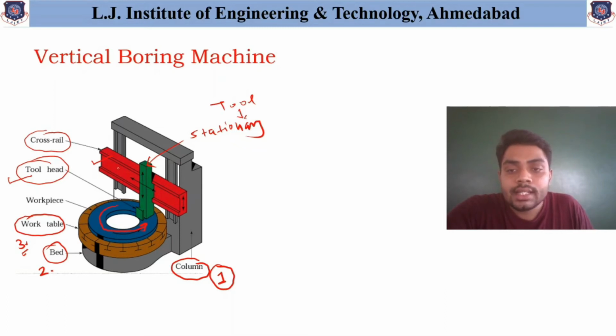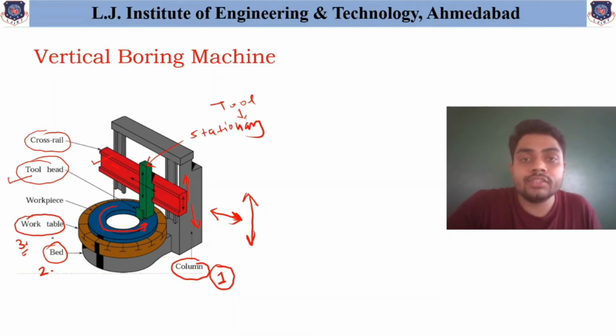This cross rail helps to move the tool in this particular axial direction. So on this cross rail, the tool can be moved in the axial direction, as the movement shown over here. And if tool movement is required in the upward or downward direction, then this entire cross rail is moved upward or downward by using the column and the supports provided over here. So mainly two movements of the tool are obtained, one by using the cross rail and another by using the column, which is provided for up and down movement.